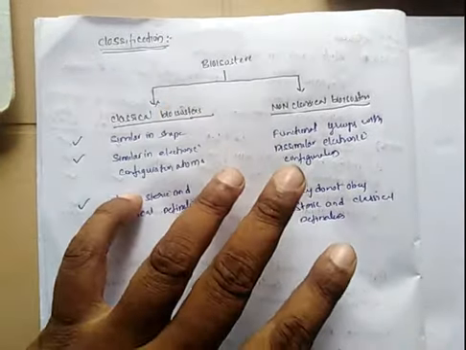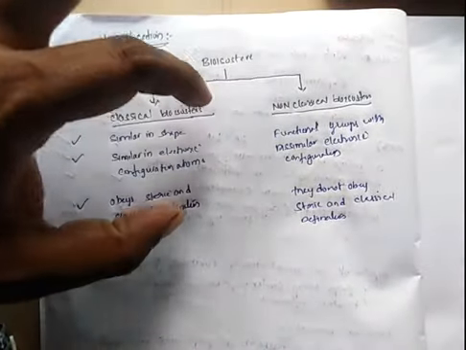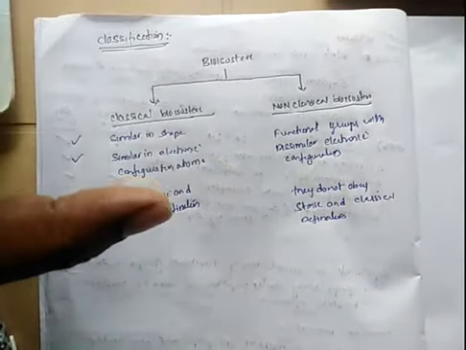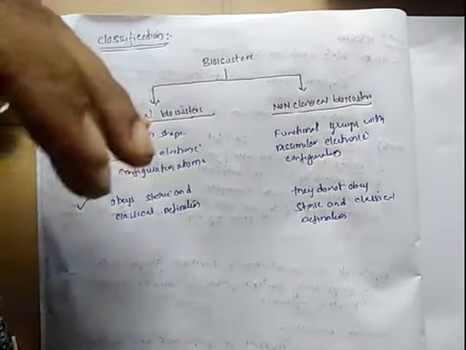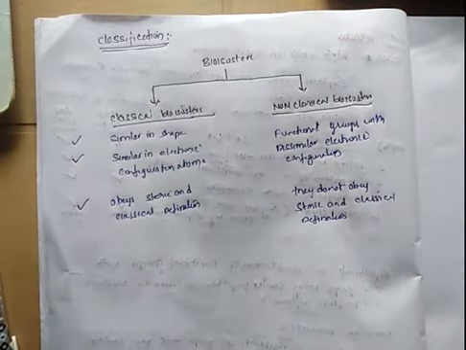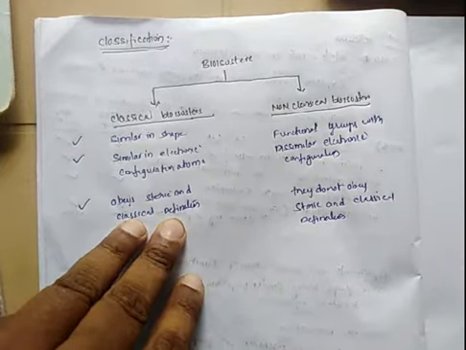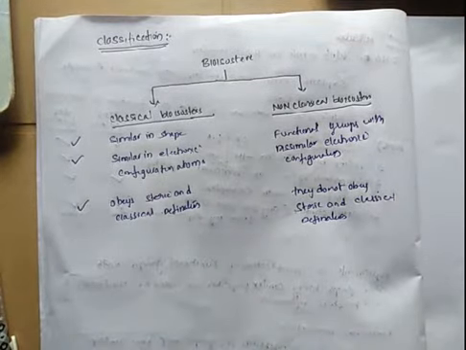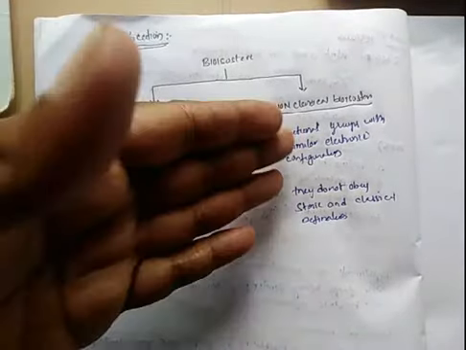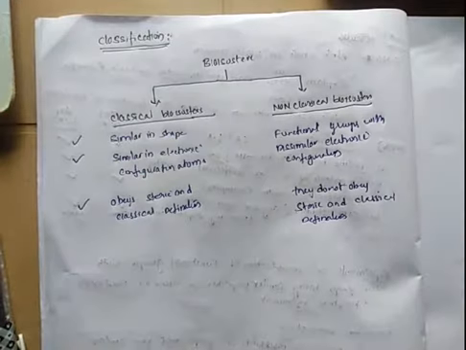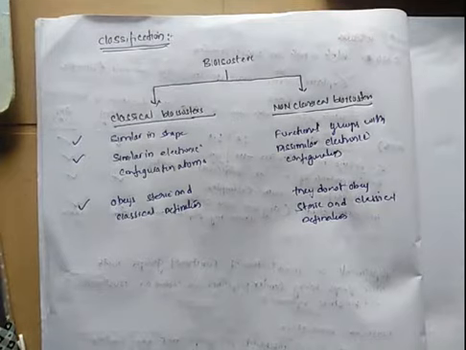Coming to the classical bioisosteres, they have similar electronic configuration, but non-classical bioisosteres are generally functional groups. They are majorly related to functional groups and their electronic configuration will not be the same. Classical bioisosteres obey the steric and electronic definition, but non-classical bioisosteres don't. So they are similar in shape versus dissimilar in shape. This is the major difference between classical and non-classical bioisosteres.